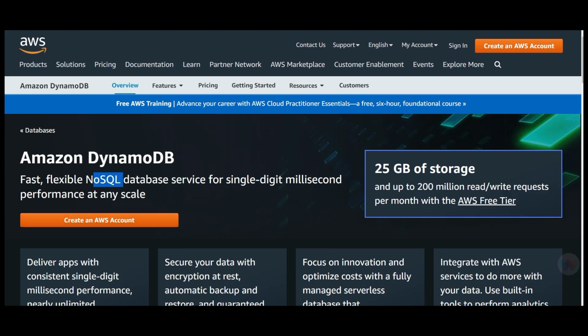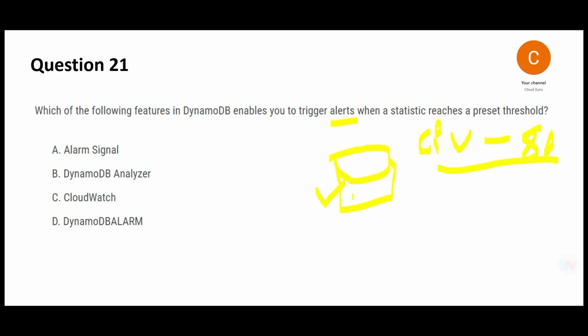Now some people might say, hey, you know what? DynamoDB is a NoSQL database. How the hell can you fire SQL queries, SQL injections? There is a workaround for those SQLs, and SQL injections can still use that. So basically, you have a database, you are monitoring it, and for example, if the CPU hits 80% and above, you got to send alerts.